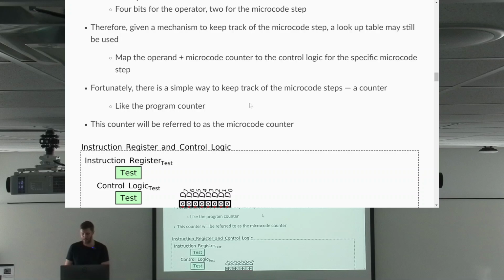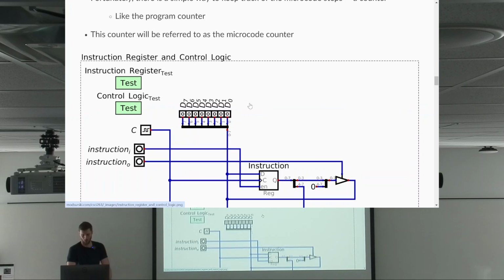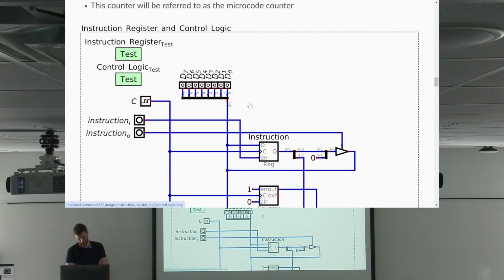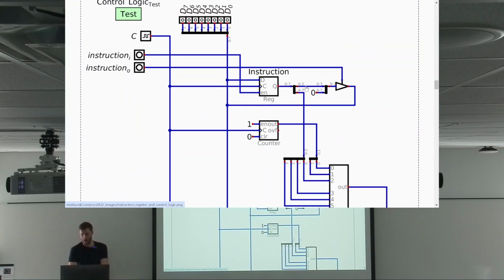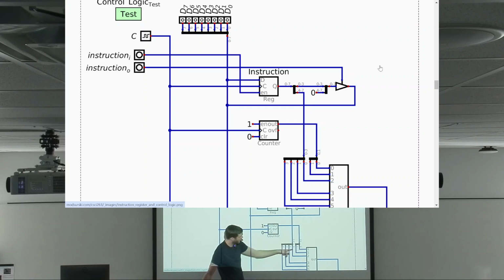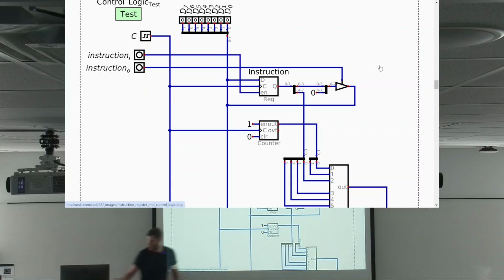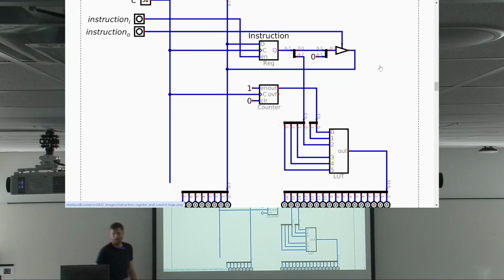So fortunately, there's a simple way to keep track of a microcode step: a counter, like a program counter. This counter will be referred to as the microcode counter. So here we go. Here's what I'm going to do. I've taken the instruction register and added a part to it. I took the operand, split it into the 4 signals, and put it into a 6-bit,